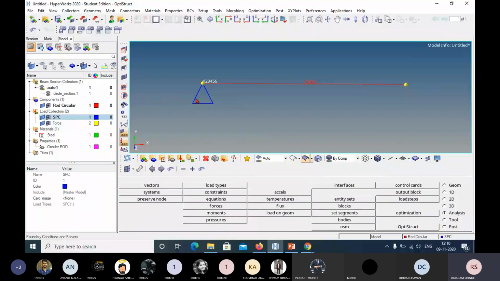Now we have applied a fixed boundary condition at this location. Next we have to apply the force at this node. When we want to apply the force at this node, your force load collector should be active. Otherwise the force is also going to be stored in this constraint load collector.